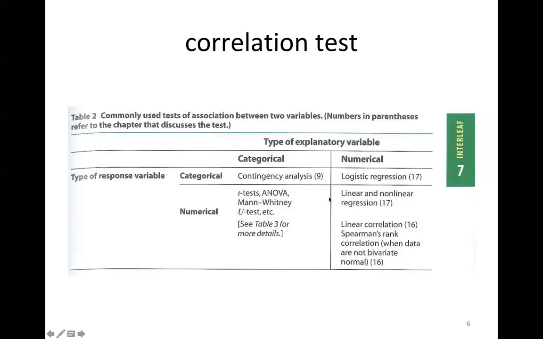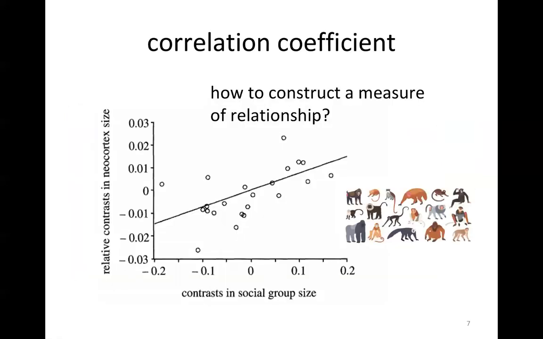And then there are also these situations where the response can be categorical, can be 1 and 0, in some cases. For instance, did a person die or did a person survive? And the explanatory variable might be numerical, like how many cigarettes a person smoked by the age of 60, and by the age of 60, did he or she die or survive? And so for these kinds of problems, the tool we have available is called logistic regression. We'll briefly touch upon that, again, in next week's chapter. Okay,